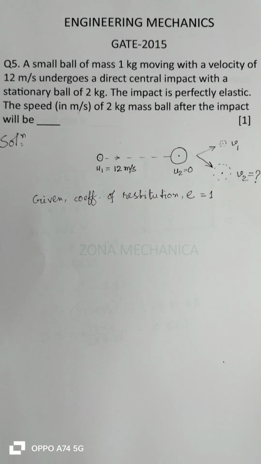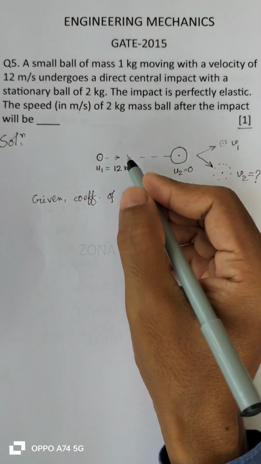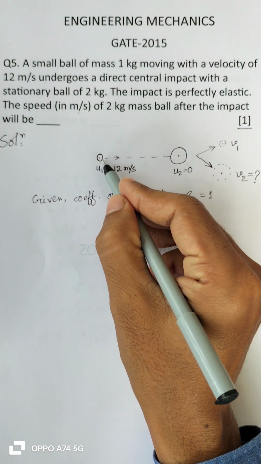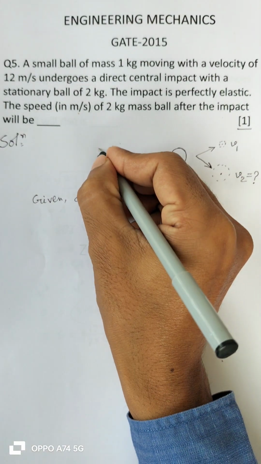There is a numerical answer type of question on collision of two elastic bodies. The figure at the margin indicates the weightage of the question, that is 1 mark. A small ball of mass 1 kg moving with a velocity of 12 meter per second. Suppose this is the small mass of 1 kg